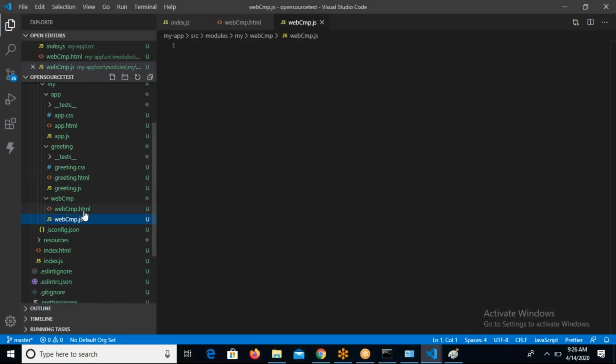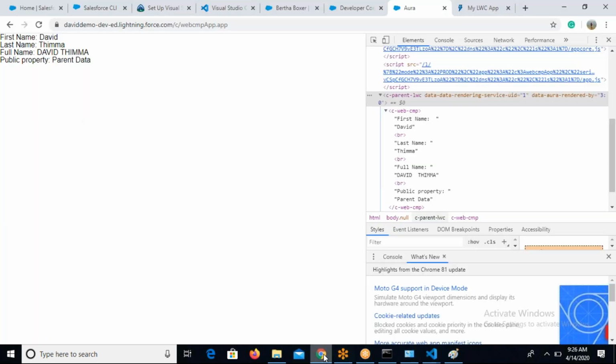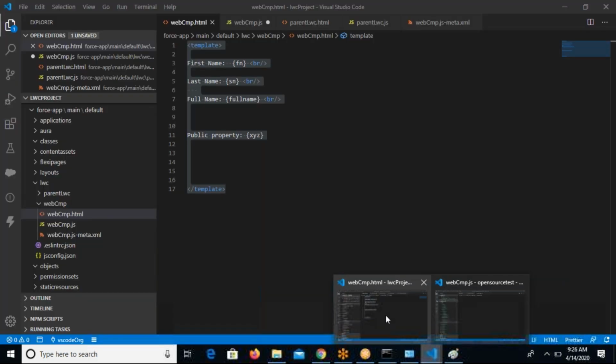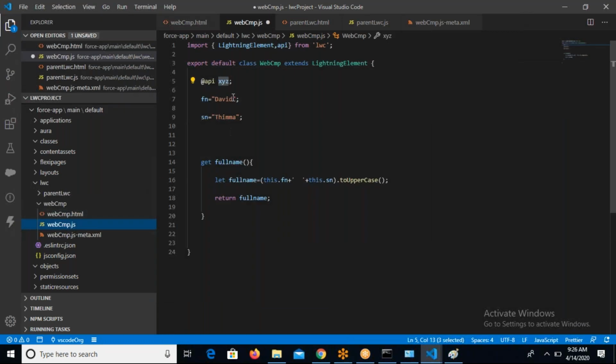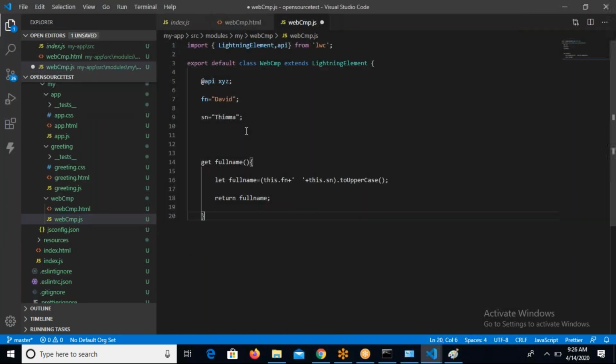Cool. So in HTML, I will remove this public property for now and going back to webcmp. Cool. So I don't need this. Even if I'm having it, it doesn't make any difference, and this API also not required because I'm not using any API attributes now. Cool. Now I can call this webcmp